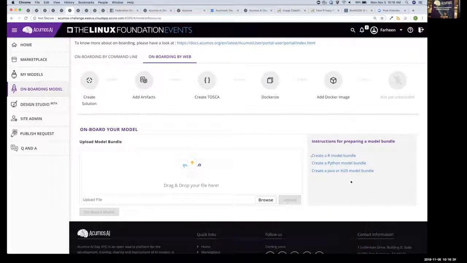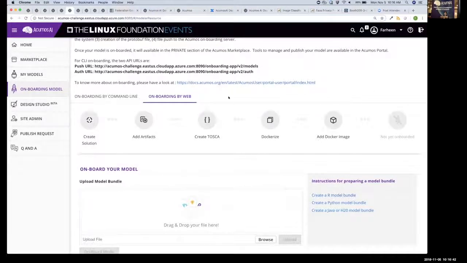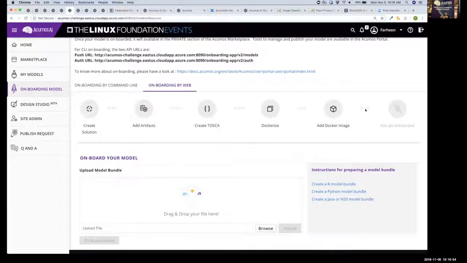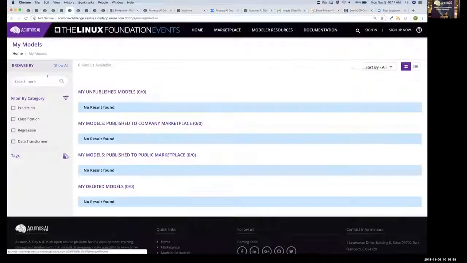You have all the instructions of how to bundle your model. And then you also have instructions to the wiki for how to perform these tasks. And then you can just browse, drag and drop, and then onboard your model, click a button, watch it go through its process, its steps, and then it will show up in a private workspace. You don't have to worry about sharing your model with the marketplace, because you get a private workspace called My Models where you can